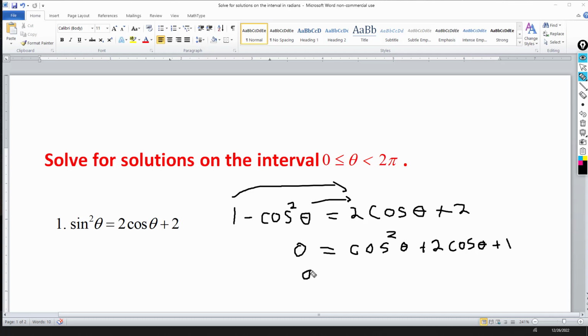So the right side factors into cosine of theta plus 1 and cosine of theta plus 1. Or I can just write it as cosine of theta plus 1 under the square root. Take the square root of both sides, plus or minus, and the left side, that's plus or minus 0, still going to be 0. And then the square root of this one,